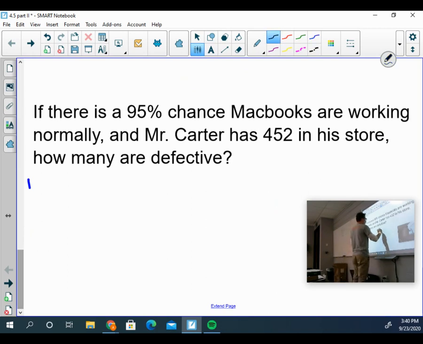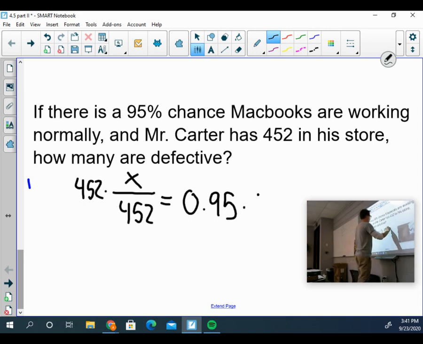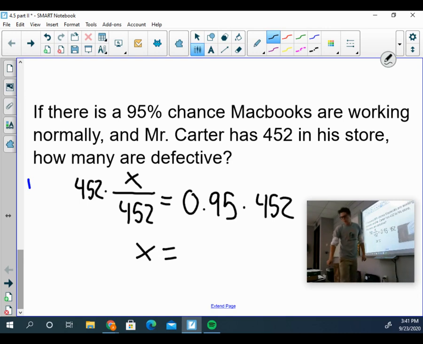We got the 0.95 or the 95% chance, and we know there are 452 in the store, but we don't know how many of those are defective or what the likelihood is. Okay, so I'm going to multiply 452 by both sides to get my variable alone. And when I do that, I get 0.95